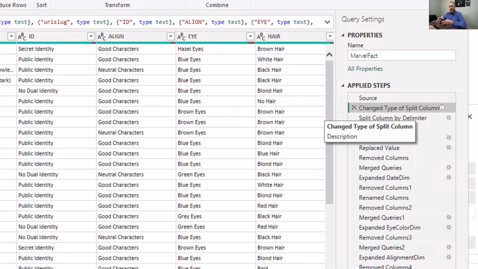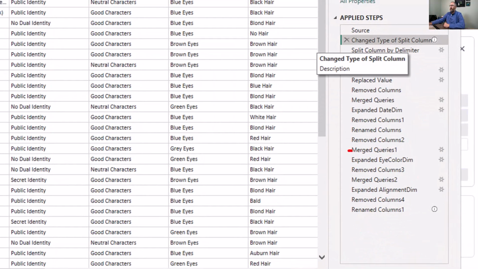Now, this is really helpful when you're working with a model where you've got maybe quite a few merges and you're trying to figure out what exactly I am trying to accomplish with that step. And every time you click on those steps, it's processing, which takes up time. It's a lot easier if I can just peruse or review the name of the step and quickly get to where I need to make an update or understand what I need to fix. But